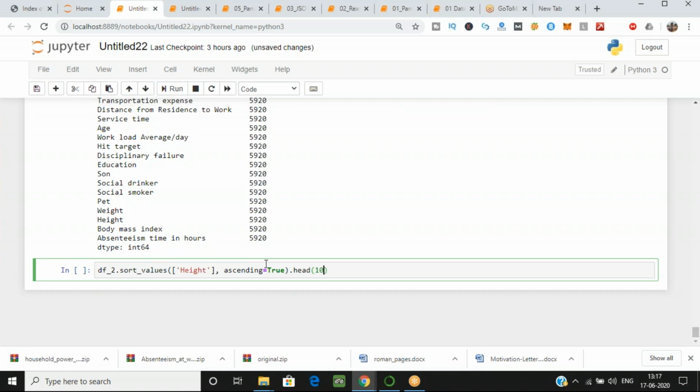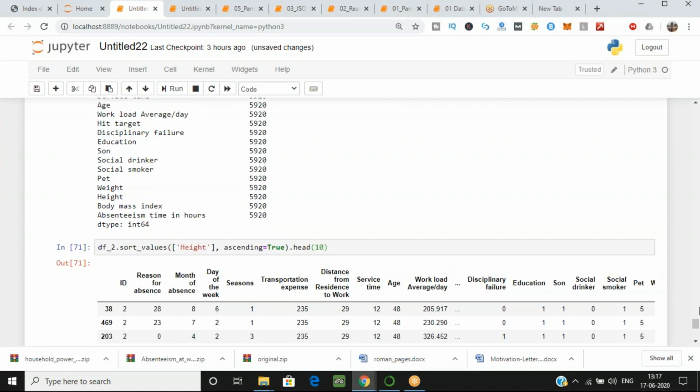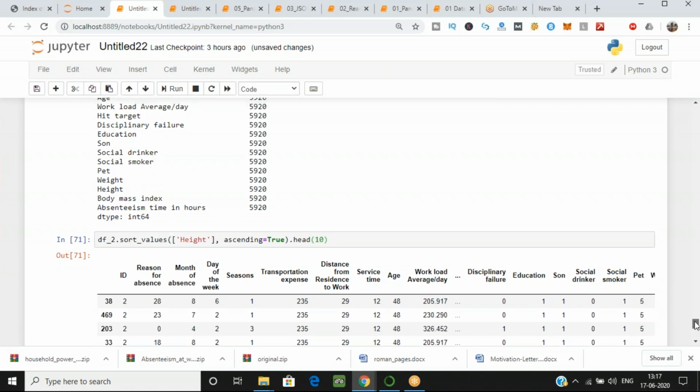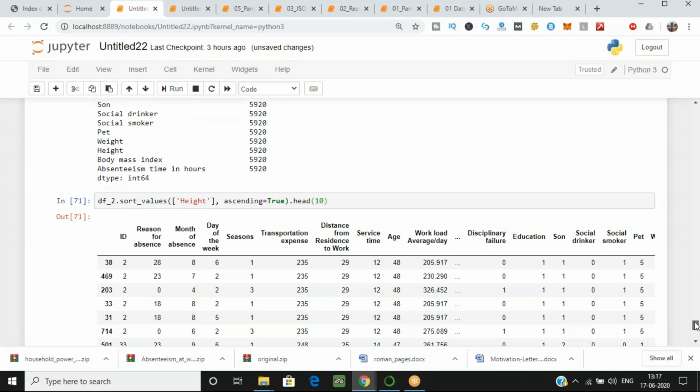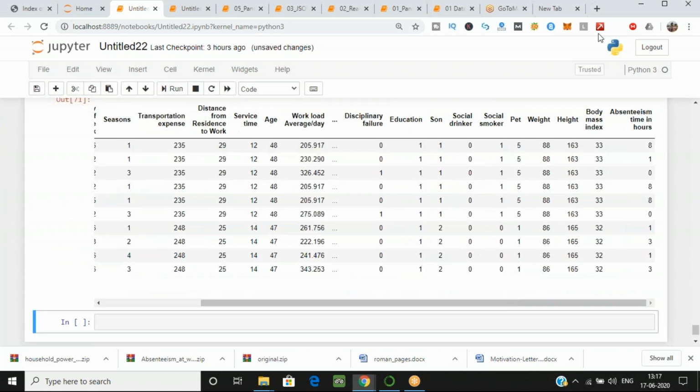Okay, let's execute this one. See in the height, you can see the values starting from 163, then 165, and so on. So our sorting function is also applied.